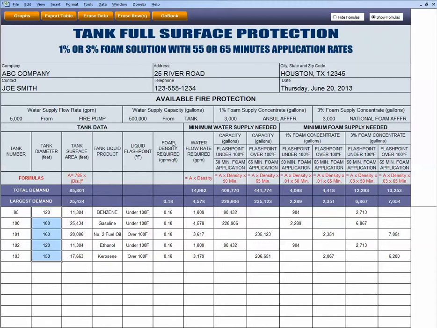Here are the headings. Tank diameter, liquid product: benzene, gasoline, ethanol, kerosene. Liquid flash point doesn't show the actual flash point. It just says under or over 100 degrees Fahrenheit. Here's the densities. Here's the minimum water supply needed in gallons per minute. Here's the capacity in gallons needed per tank